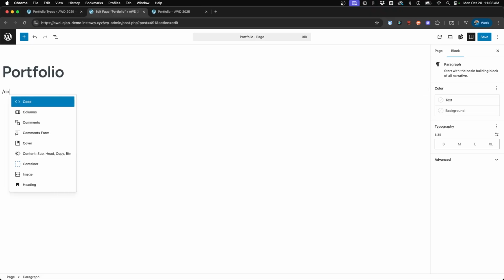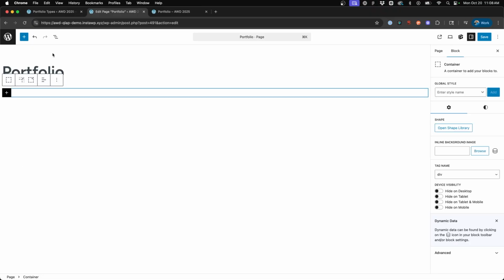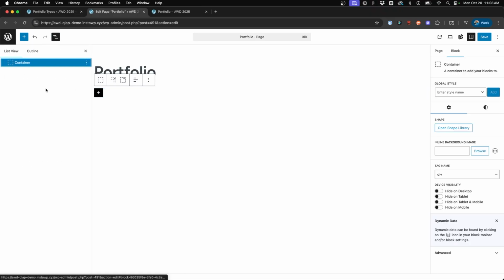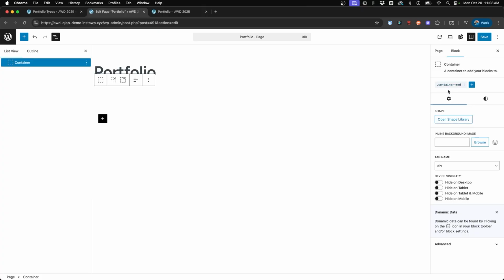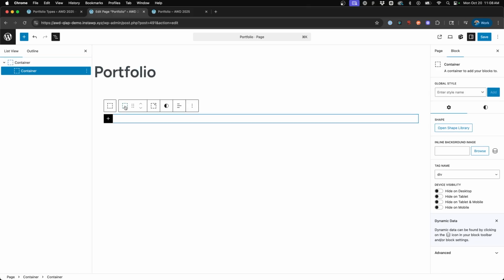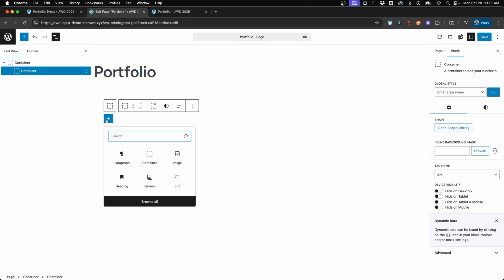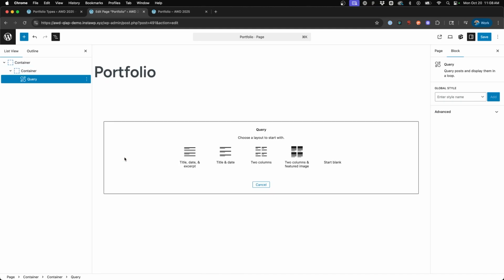What I'm first going to do is insert a container block. And we'll open up our sidebar menu here so you can follow along with the structure. And I'm going to put in a global class for container medium. This global class that I always utilize just sets up some padding for me on my container. So then we'll add an inner container, and inside that inner container, we're going to put in our query loop